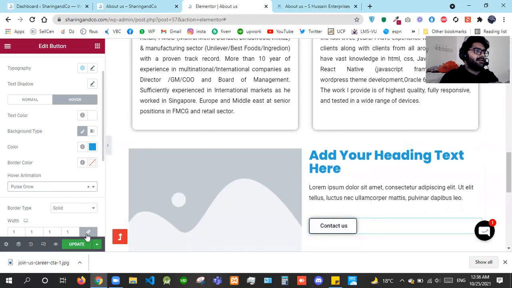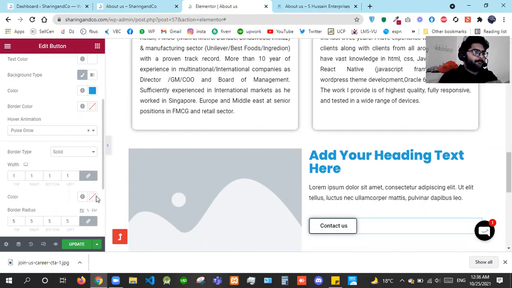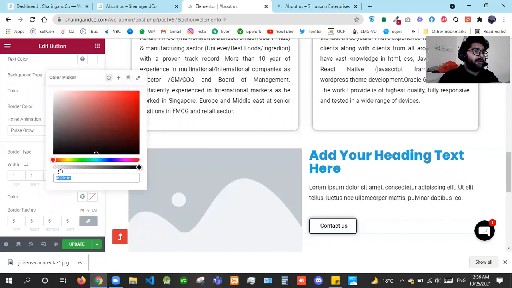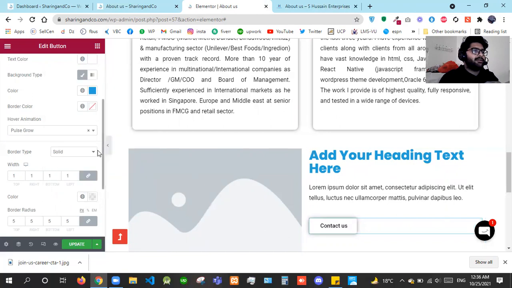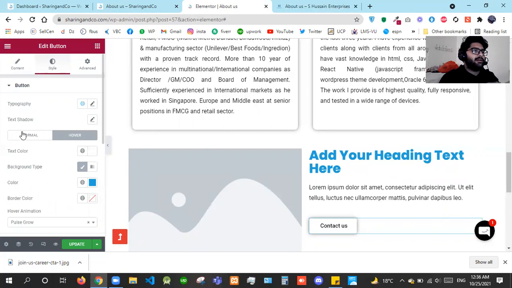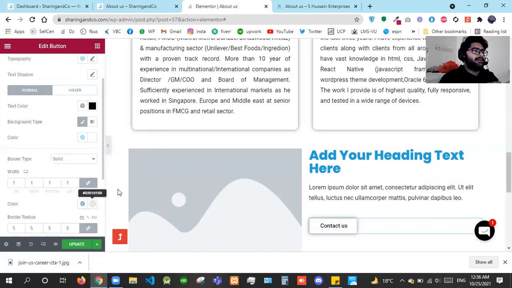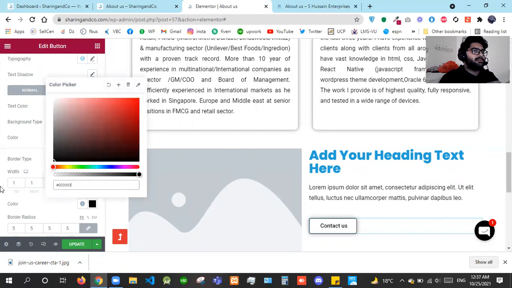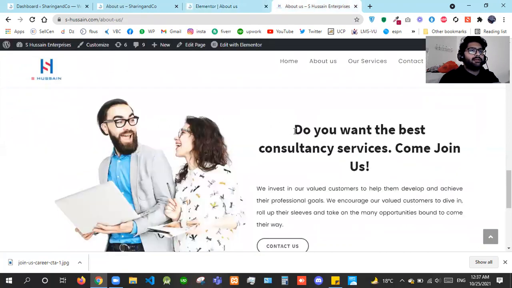And then I want... I don't want this border color on hover. So yes, I don't have this right now. And on normal, how about this? It has border color black, and so, okay, first of all,